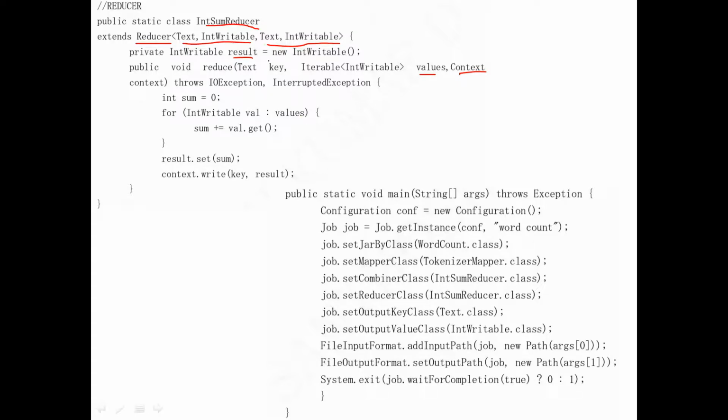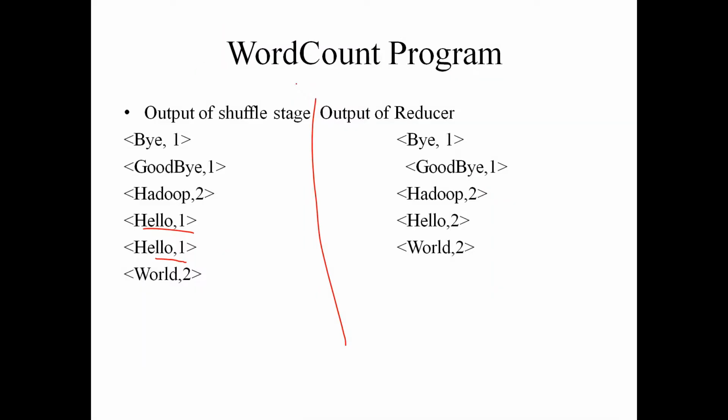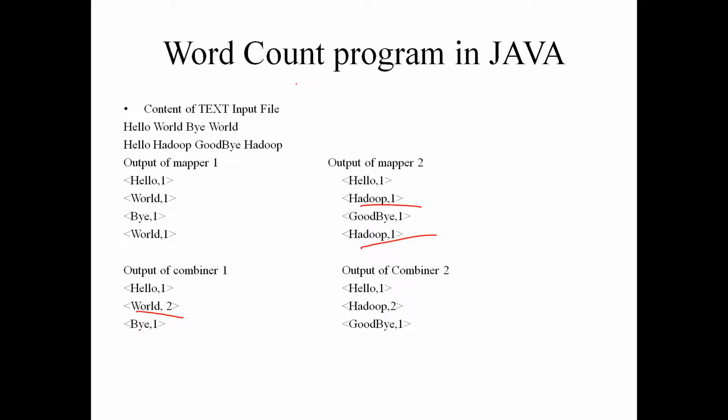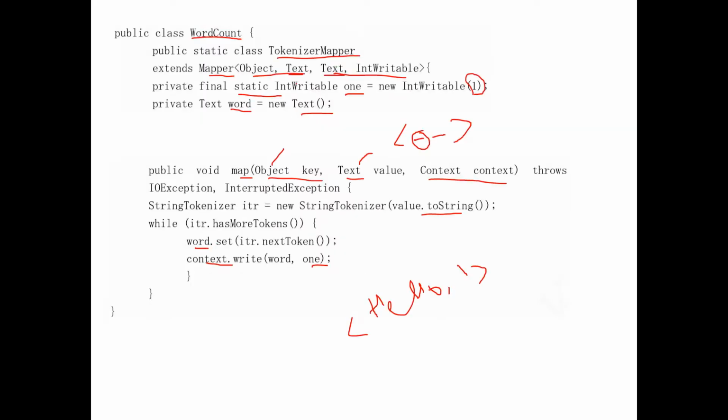Your text, your key value will be like hello, and IntWritable will be nothing but your 1. That will be given to the reducer function. So initialize sum equals 0. Then IntWritable values. For example, your Text, if we give your Text here, for example, you give world. If you give that key as world,